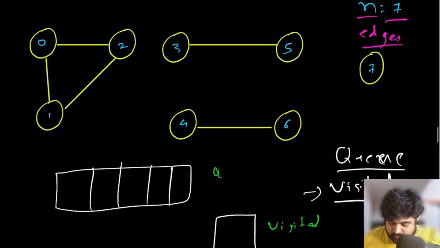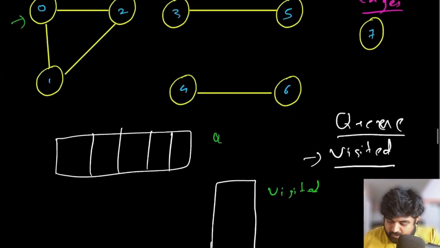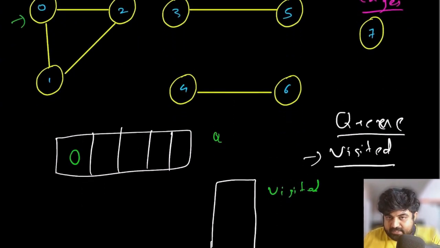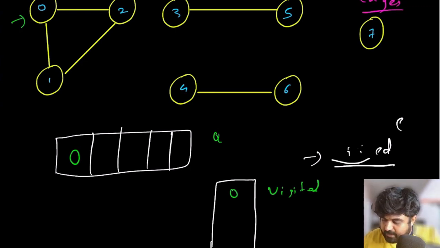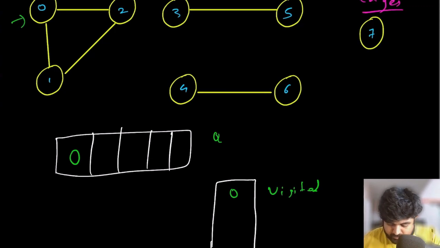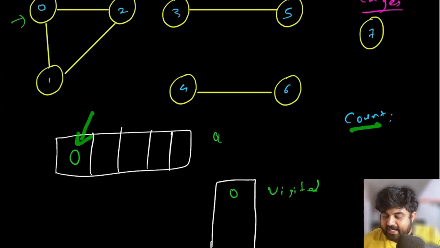Okay. Now first we start with node number 0. We are going to enqueue 0, and we are also going to mark 0 as visited. We are also going to have one more number, which is the number of connected components. Let me mark this one as counter. Currently the initial counter value is 0. But since we found one node, we know for sure that there exists at least one connected component, because it could be connected to itself. So in that case, we are going to increase the number by 1.